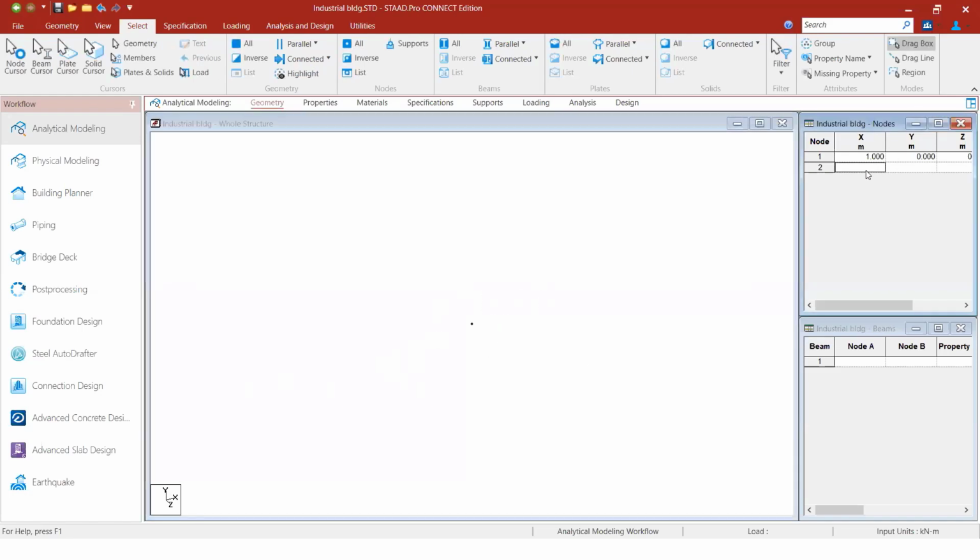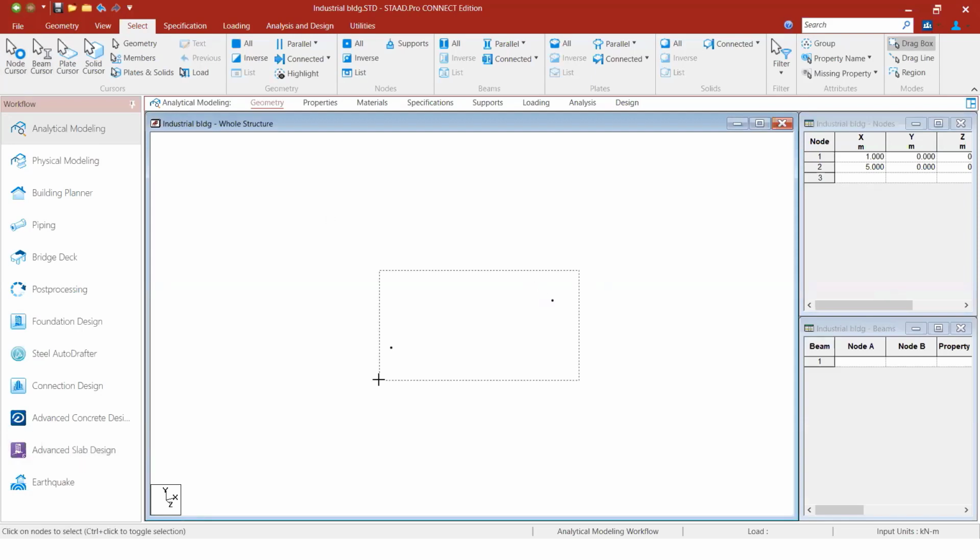Let me create it at a 5-meter spacing. So you can see, right? I'm just going to create nodes at every 5-meter interval. I don't know why it is not creating. One minute, guys.